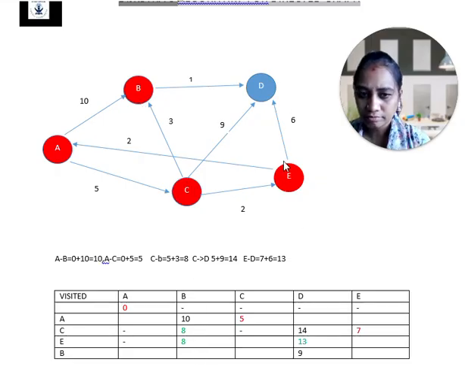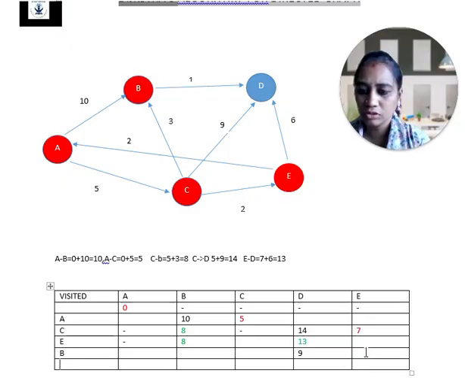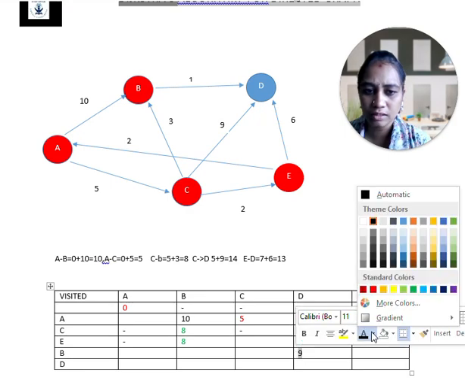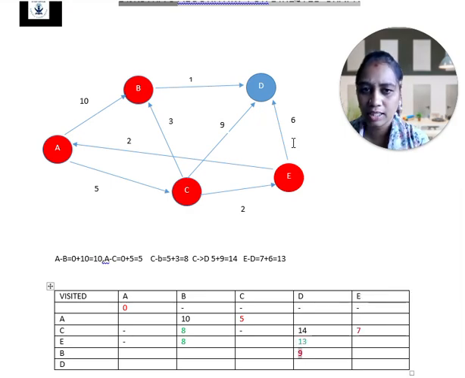Then almost everything is completed. See, now we have selected values, but here nothing is there. Only 9 is there, that is D. From D where can we move? Nowhere. So consider that itself as a visited node. Under visited I am going to write D and make this also visited, because the only node left out is D. So done. Now we have made D also visited.